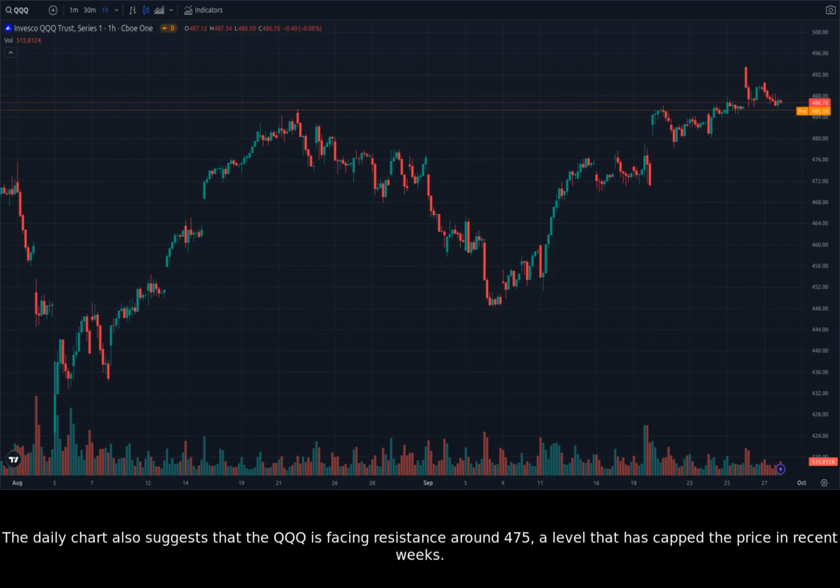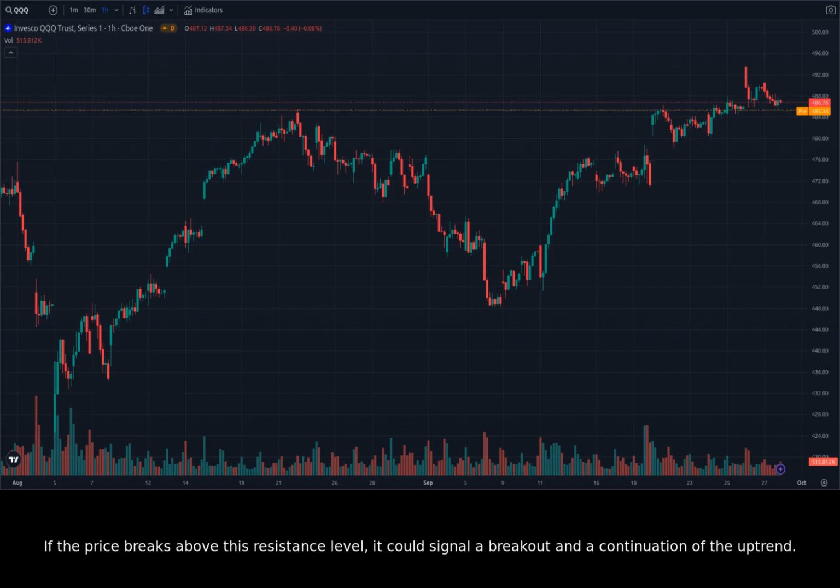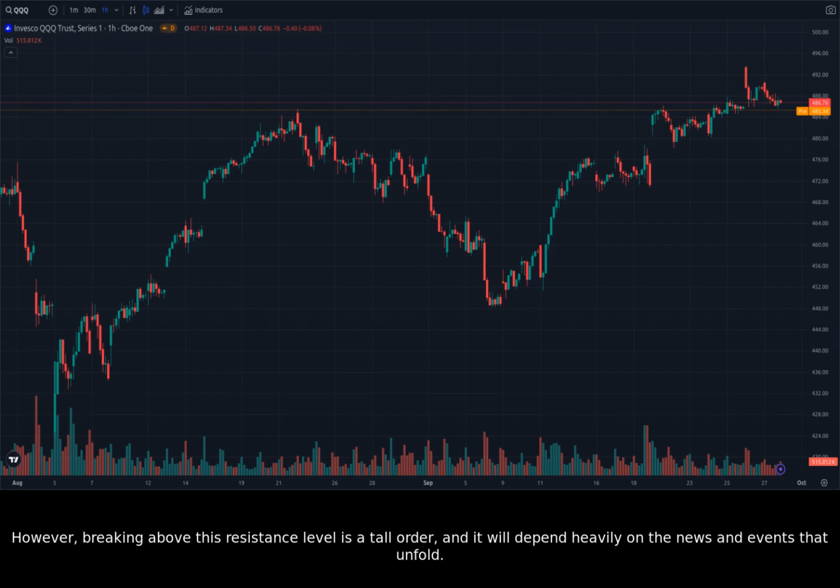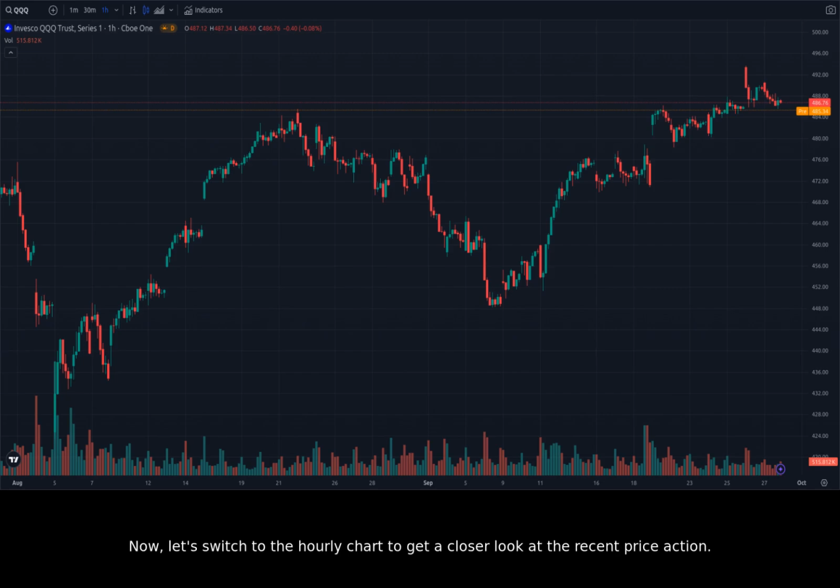The daily chart also suggests that the QQQ is facing resistance around 475, a level that has capped the price in recent weeks. If the price breaks above this resistance level, it could signal a breakout and a continuation of the uptrend. However, breaking above this resistance level is a tall order, and it will depend heavily on the news and events that unfold. Now, let's switch to the hourly chart to get a closer look at the recent price